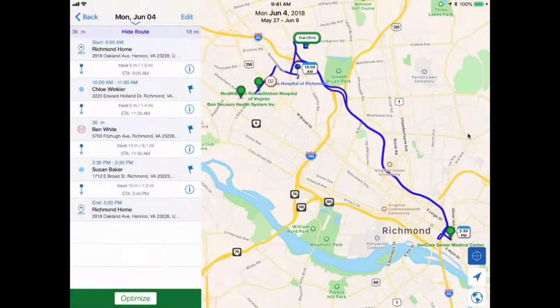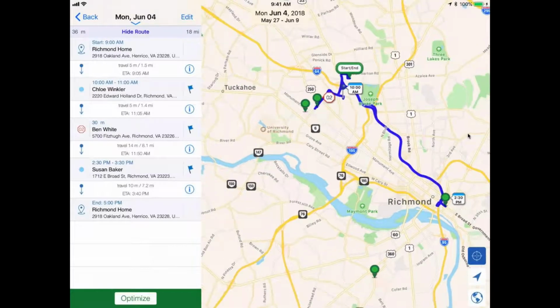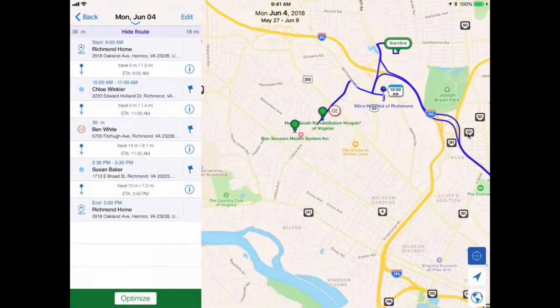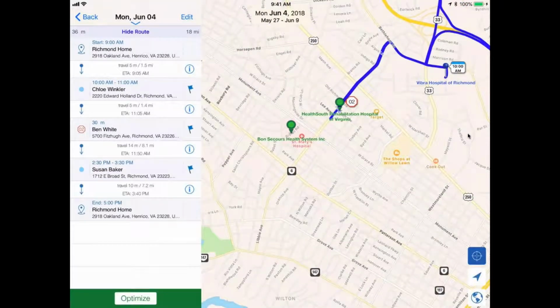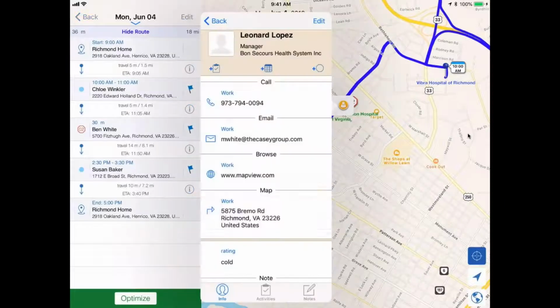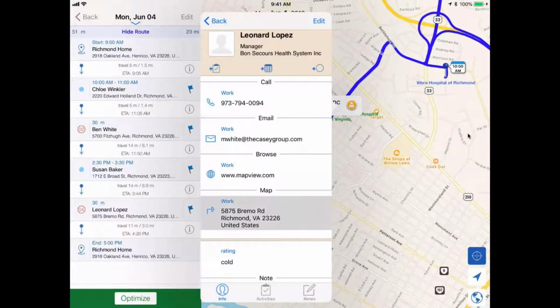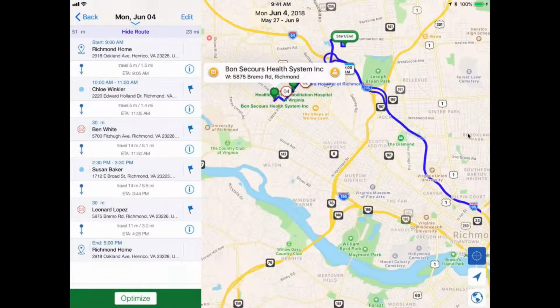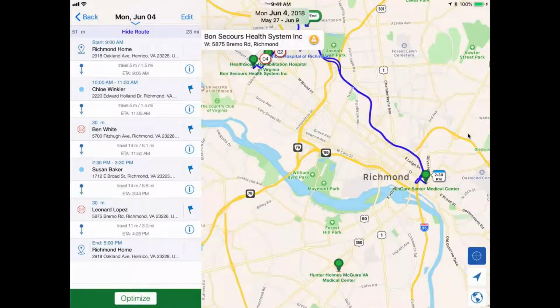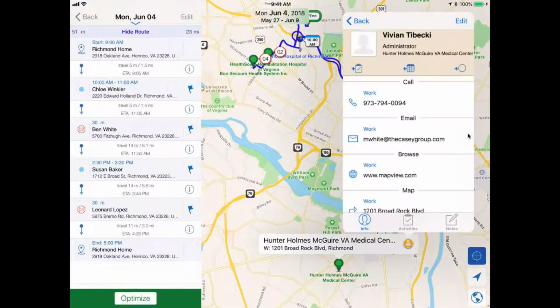And then I'm just going to add a few more drop-in visits quickly and optimize so that you can see how that works. And then we'll move on to the next set of questions. But I have some other clients, obviously, in the nearby area, so I want to see if I can visit those as well. So I'm just tapping on the contact, opening it up. Once again, this is a drop-in visit, so I'm just going to tap the stop sign icon. Everything's pre-filled, so I'm just tapping done. And just let me add one more. One down here in the south. And just doing a drop-in visit.